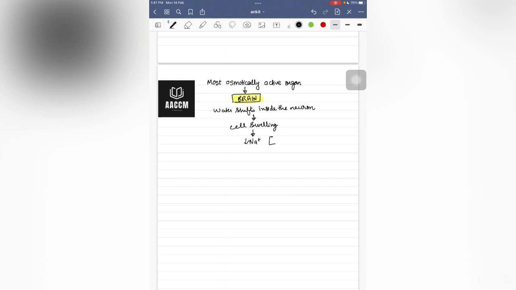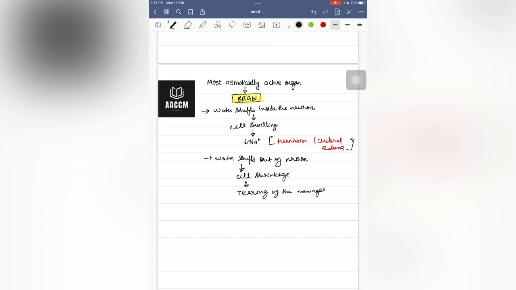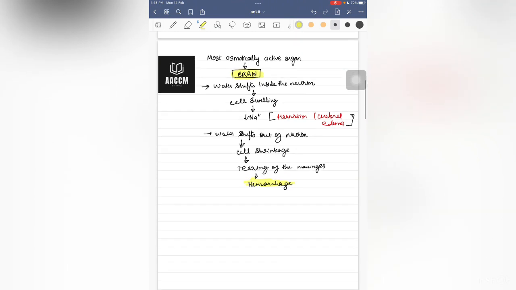Most commonly, herniation of brain or cerebral edema. This is the scenario. Similarly, if water shifts out of the neuron, that will cause cell shrinkage or tearing of the meninges, which will cause hemorrhage. This will be seen in case of